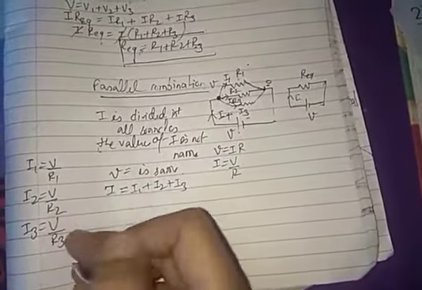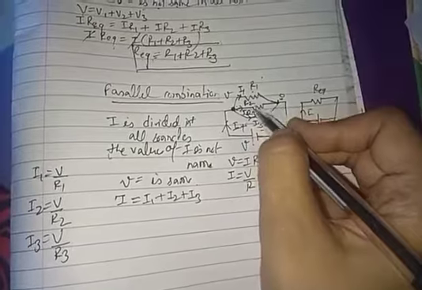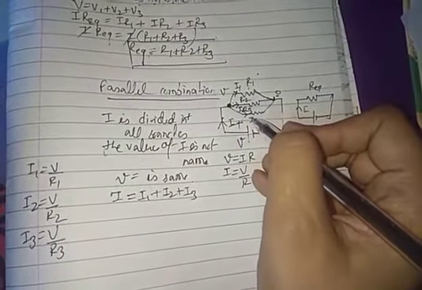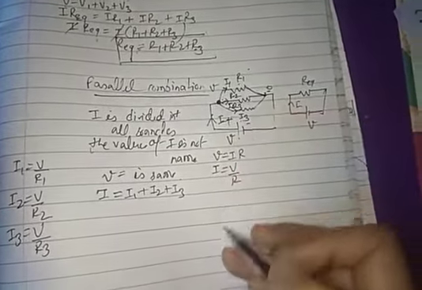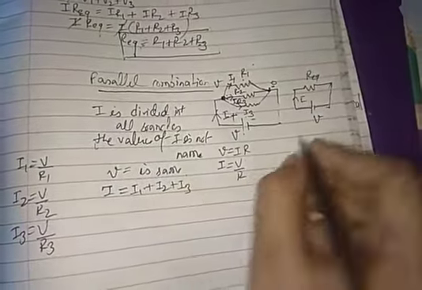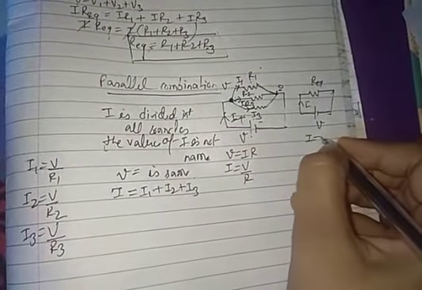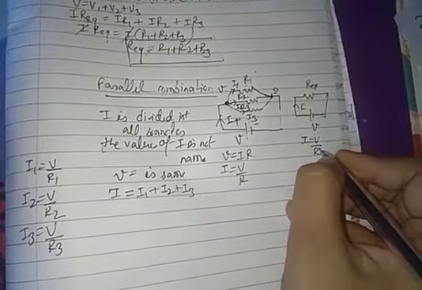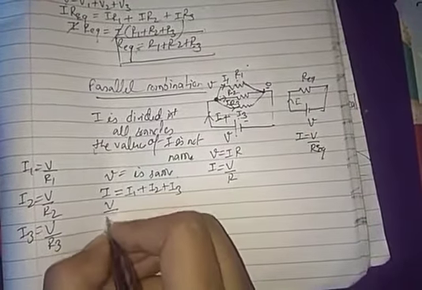Yes. You can see, because the current is getting split and divided in all the branches, the value of current is not the same. Now let us apply the values. Now what will be the value of current over here? It will be I equal to V upon Req. Yes, I hope you are getting all the points.